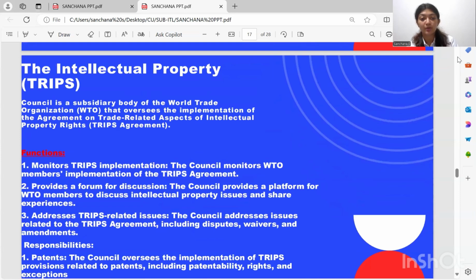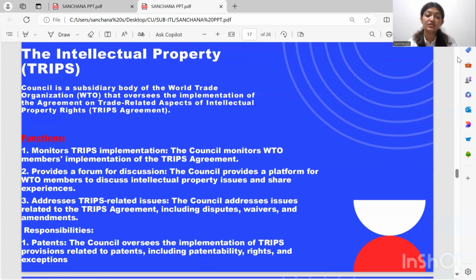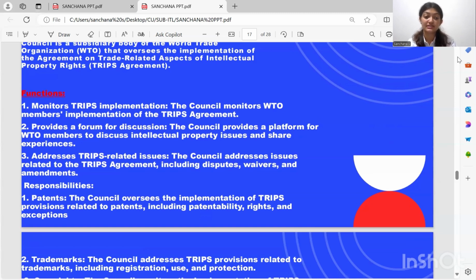Moving on to intellectual property, TRIPS. The IP Council is a subsidiary body of the World Trade Organization that oversees the implementation of the Agreement on Trade-Related Aspects of Intellectual Property Rights. The functions are listed below: it monitors TRIPS implementation, provides a forum for discussion, addresses TRIPS-related issues such as dispute, waivers, and TRIPS agreement issues and